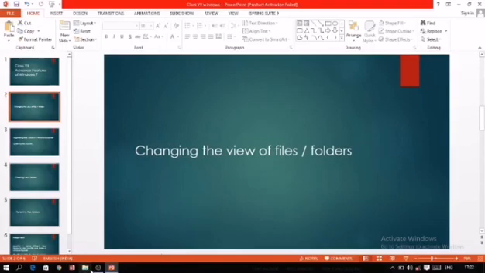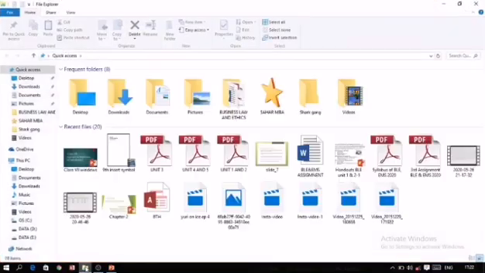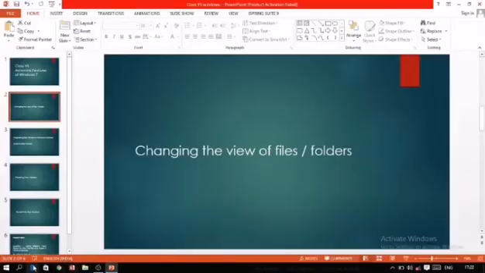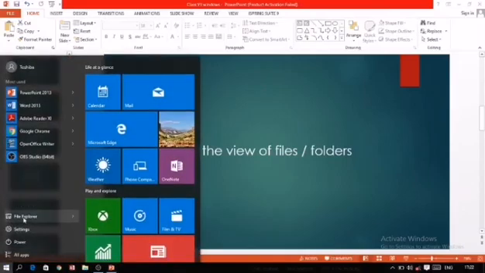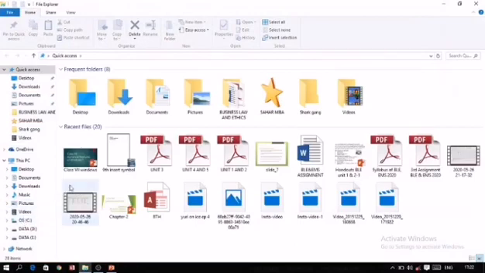One method is that on the taskbar there's a Windows Explorer button, just click on it. File Explorer or Windows Explorer is the same. Just click on it, and it will display like this. That's the first method. The second method is to go to the Start button and select the option File Explorer, or in your system it may be Windows Explorer. Don't be confused, it is the same thing. In this way it is started.